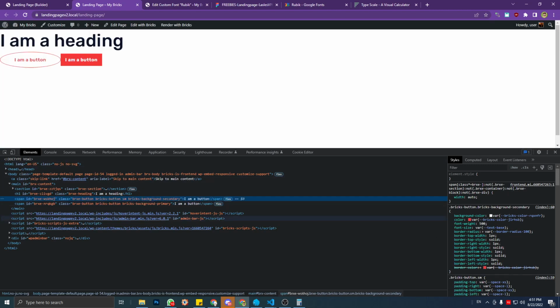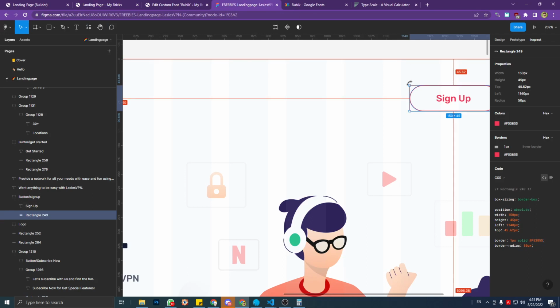Why? We should not use 100%. Then maybe a 50%. Nope. 43. Nope. 50 pixel. Nah, I think we should use rem. So let's see. The border is 50 pixel,